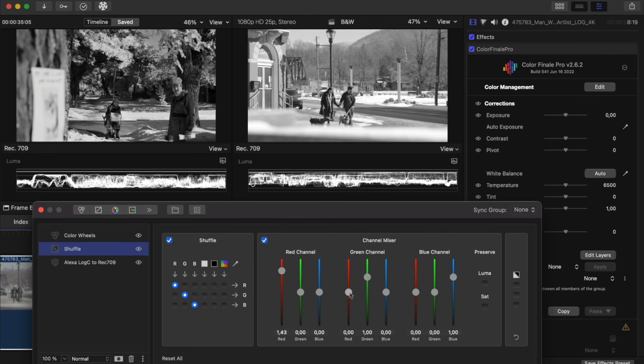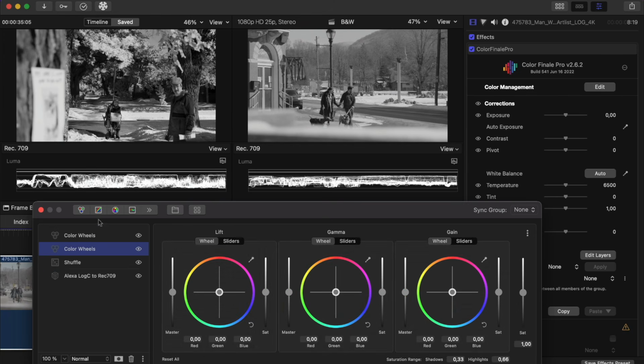If we want to change the brightness of the sky, we should modify the blue, since the sky in the original clip has a bluish hue. The green channel corresponds loosely with the landscape around them, and the red channel can affect the main characters and their skin tones. Having worked through each channel and achieved the desired tonal contrast, we can go to color wheels